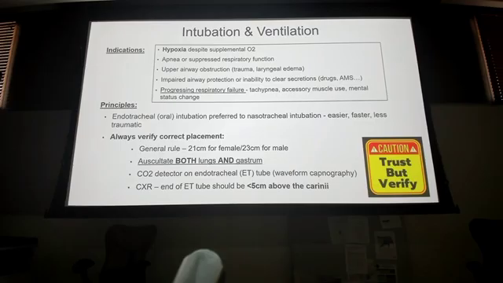So that's the function of the ET tubes, and we measure that at the teeth, right? Why do we measure at the teeth and not the lips? Especially in burn patients, they get that third spacing, things swell. If I measured initially at the lip and said, hey, it's at 23, then the next person comes, the swelling changes, now it may be 25, and they say, well, it needs to be at 23, so they pull it back or push it forward. Now we have the airway moving around. So it's always at the teeth.